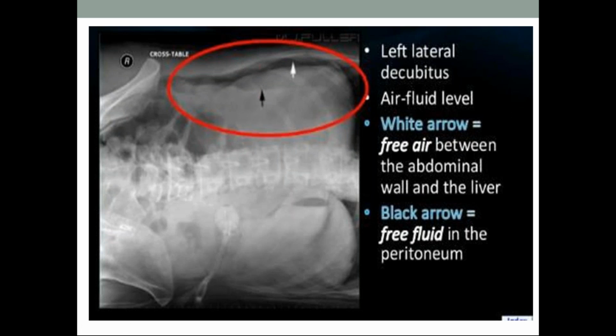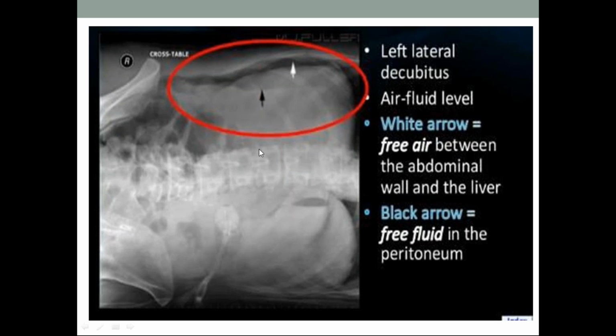And we can also see this is the liver surface, and surrounding it we are getting the air, free air. Okay, this is a lateral decubitus sign